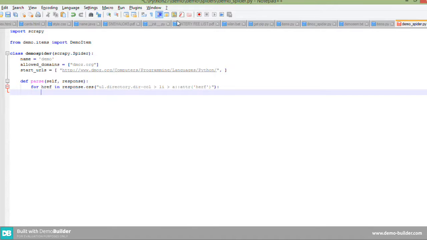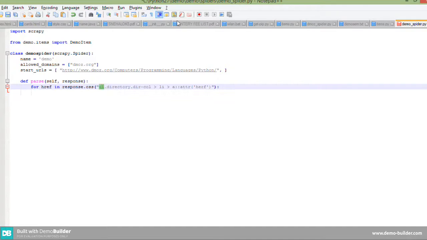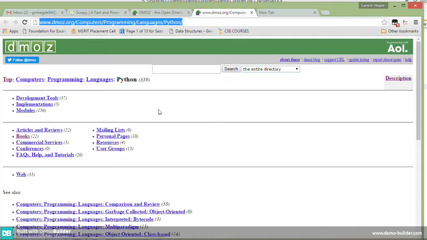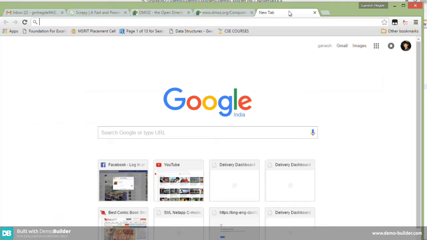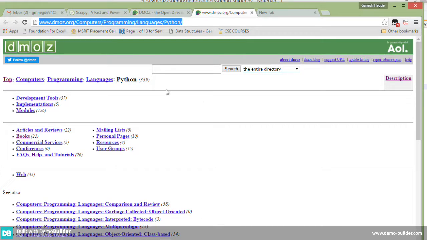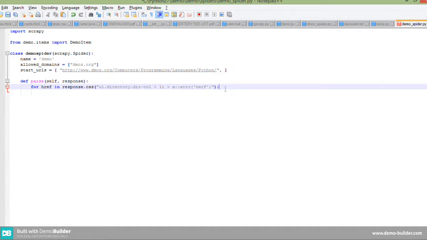Okay, I need to tell something about this. This is a URL directory colon attribute. This is the CSS path of that Python. Just go to the XPath and CSS selector finder. By using that, we need to go to that XPath finder and copy paste here. It will show what we selected. We have to select only what we need to extract, therefore that CSS is also needed.